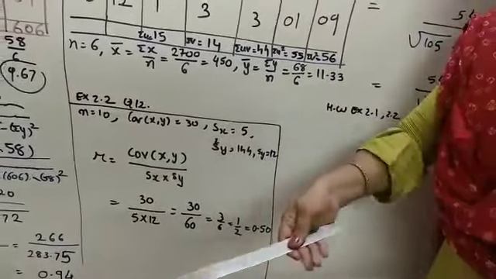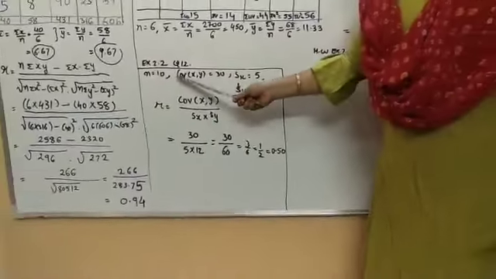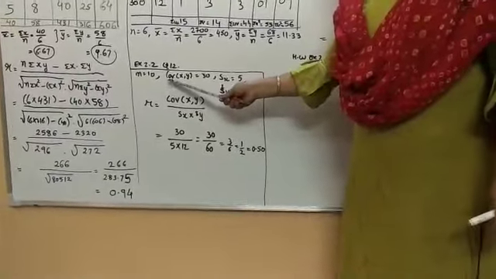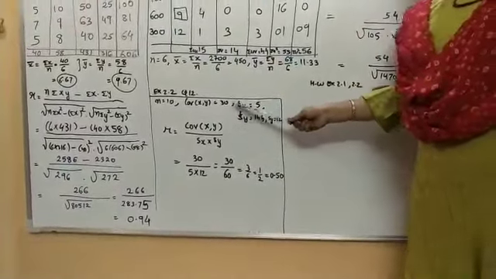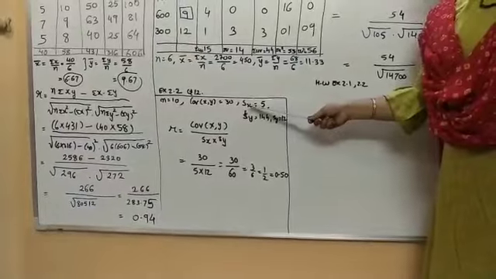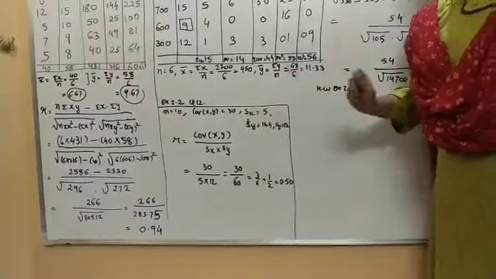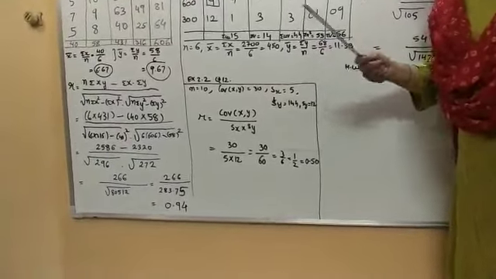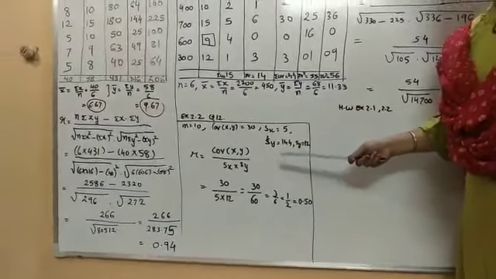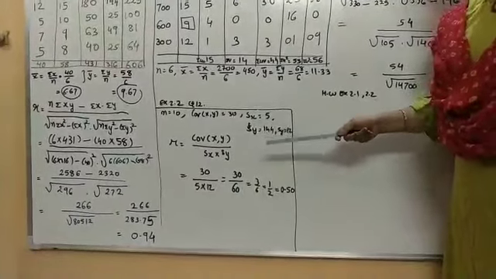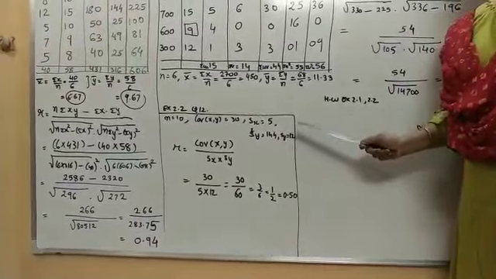So there is a new formula. The information given is n is equal to 10. Covariance, how to read this? COV means covariance of xy, that means two variables together. That is 30. Sx means standard deviation of x is equal to 5. Then what is written in the question? Variance of y. What is written, students? Variance of y. So I have written s square y, 144. So students, tell me now what would be the answer of sy, standard deviation of y? Would it be 12? Take the root of 144, you will get the answer 12.